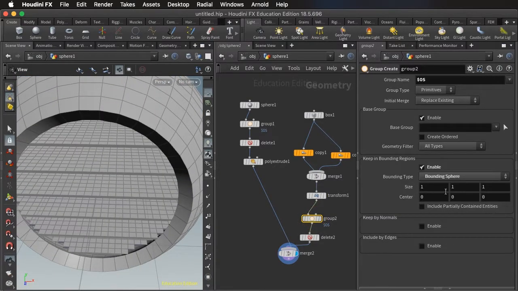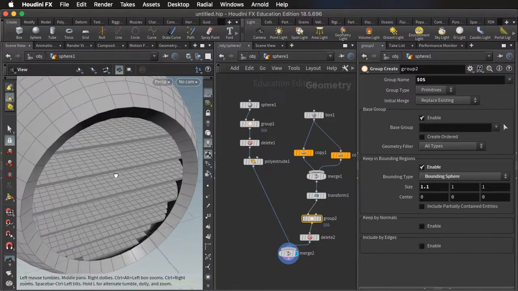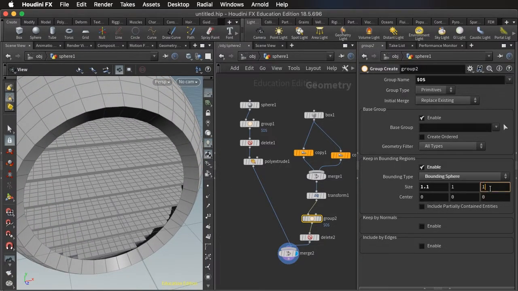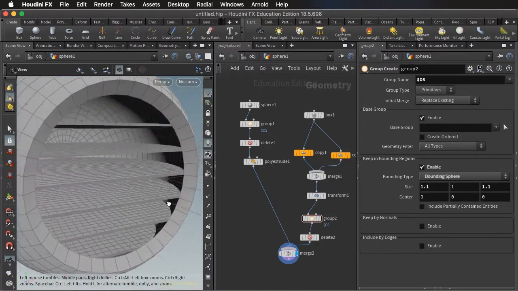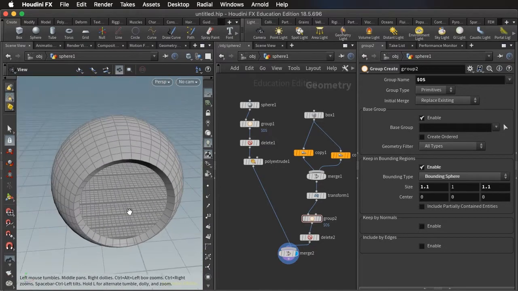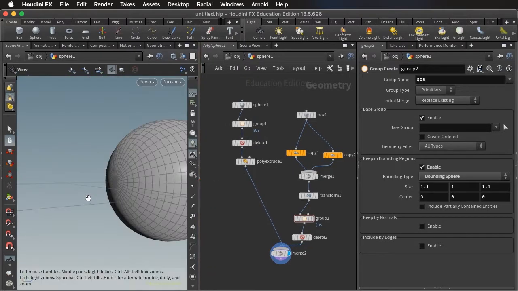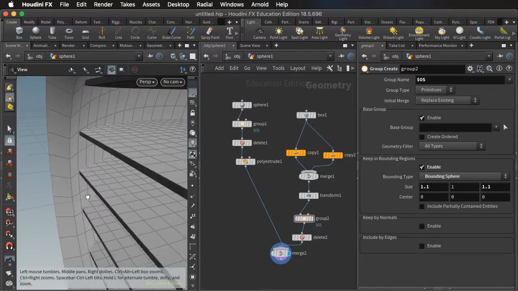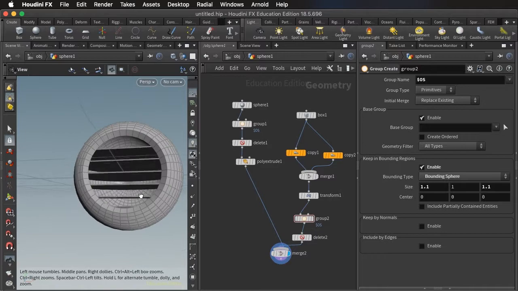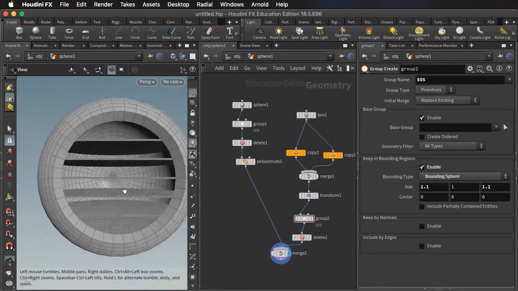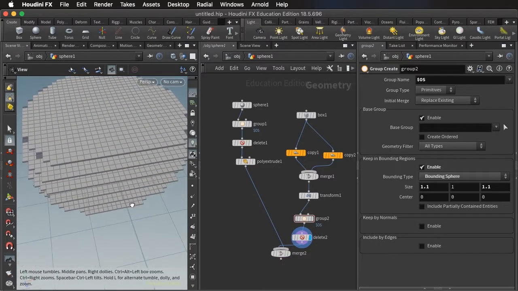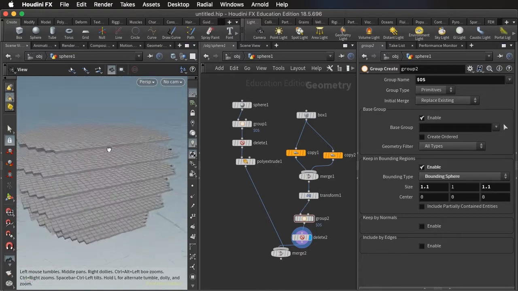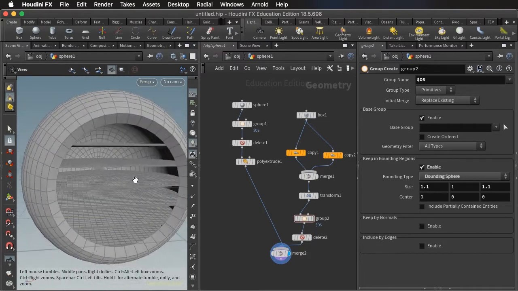So we go into the group here and just say that we want the sphere to be a little bit larger. We can see we've got none of the floors sticking out, but we've also got nice, smooth edges inside. Even though the delete is creating ragged edges, it doesn't matter. The ragged edges are trapped inside the thickness